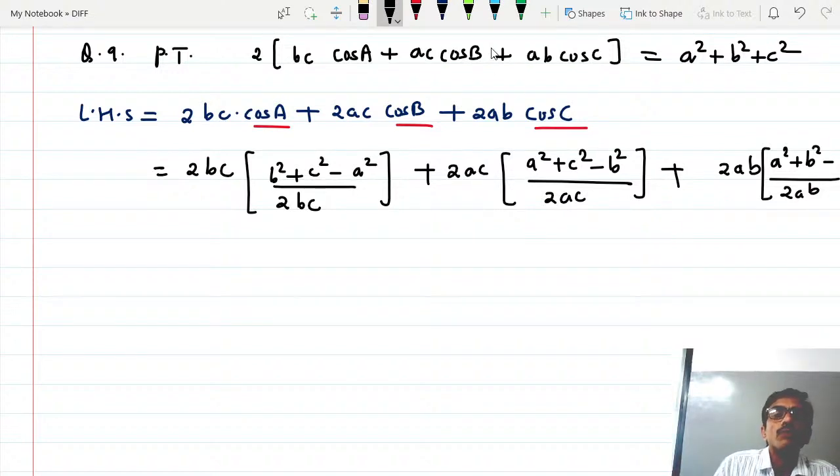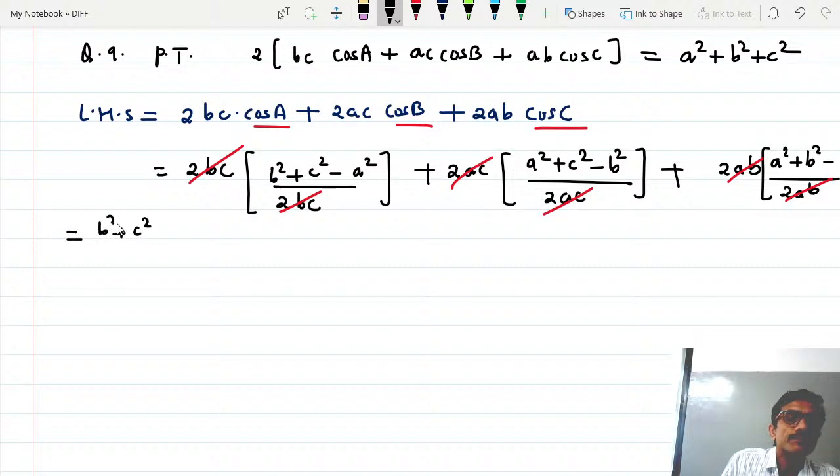Now here we cancel 2bc, you cancel 2ac, we cancel 2ab. Then what is left over here? It is very simple. It is b square plus c square minus a square plus a square plus c square minus b square